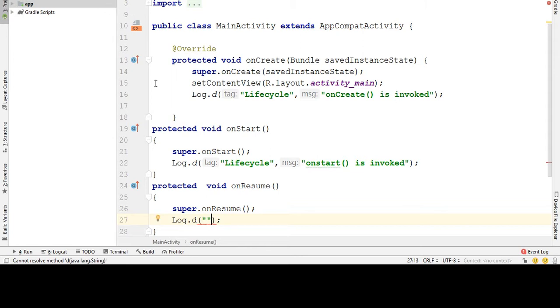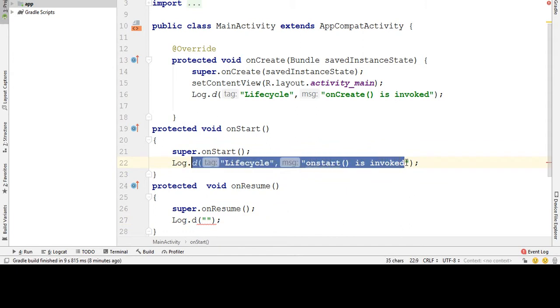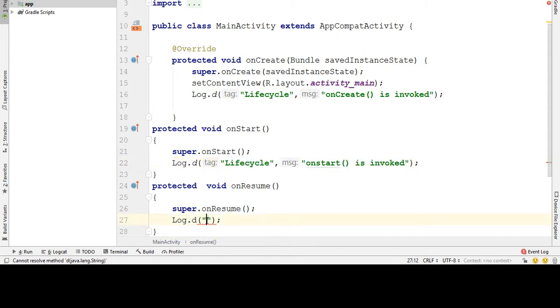Just directly I copy this statement, copy and paste here. Now change it to onResume method